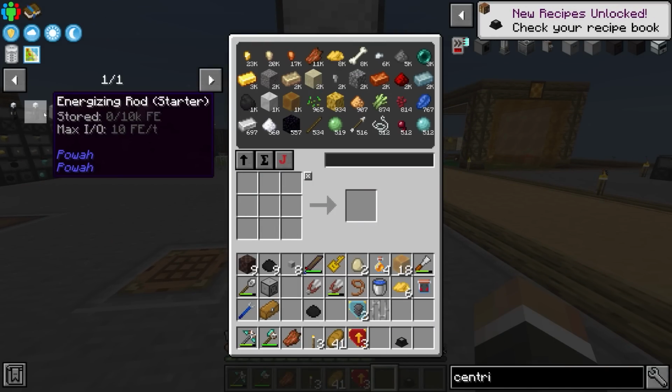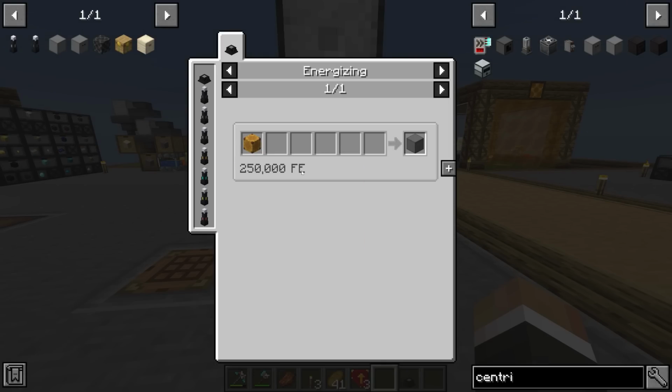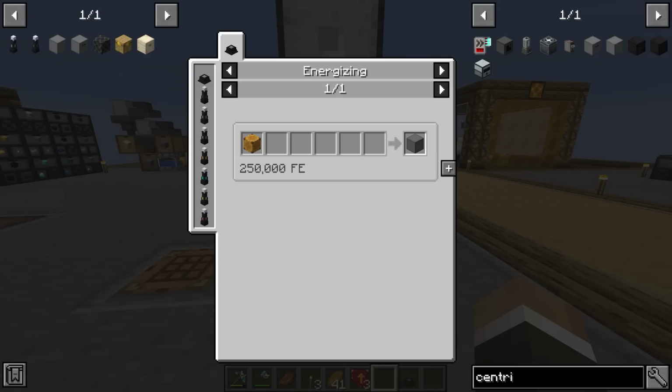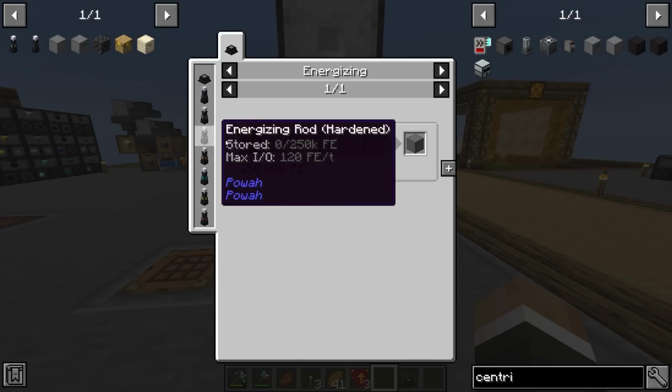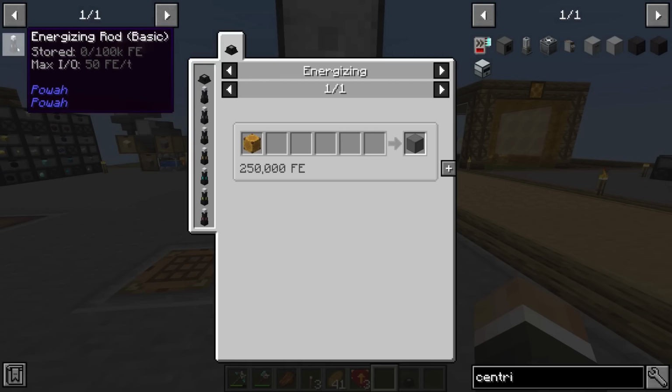Now, to power the energizing orb, to get the 250,000 redstone flux, or FE, they mean the same thing, to get the 250,000 power into the orb, that's where you need these rods, and these are the limiting factor because these determine the power throughput into the orb. The starter one here can only do 10 FE per tick, which means that it is going to put in 200 FE per second, which means if we want to get 250,000 FE in, it's going to take a lot of seconds. And so we want to upgrade maybe to the basic, that's going to do it 5 times faster,